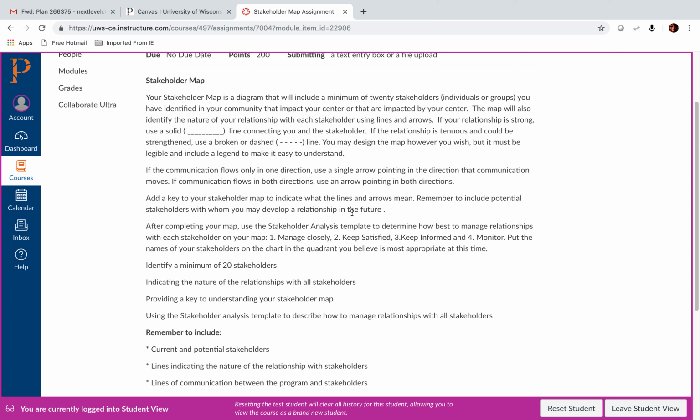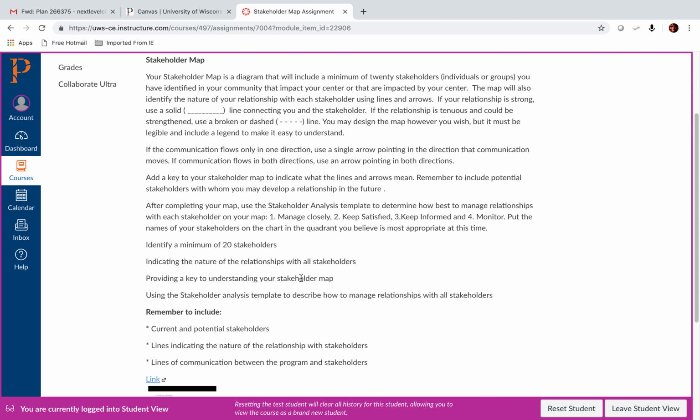Remember to include potential stakeholders with whom you may develop a relationship in the future. One of the things I do want to remind you of is, during Course 6, when you are completing your commission project, the stakeholder map is something that can be very helpful, and something you can include in your project. So I would say do a great job on it and keep it updated as you go throughout the next